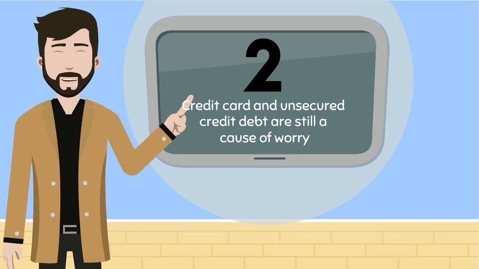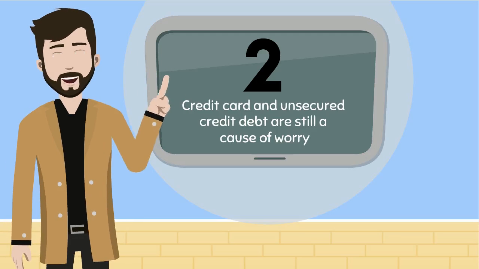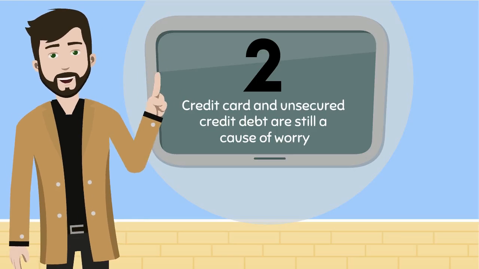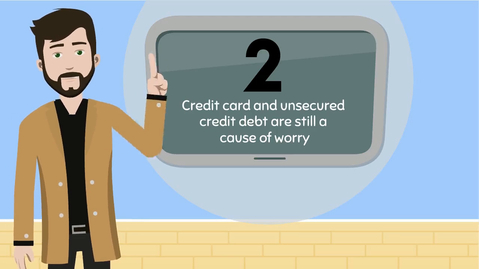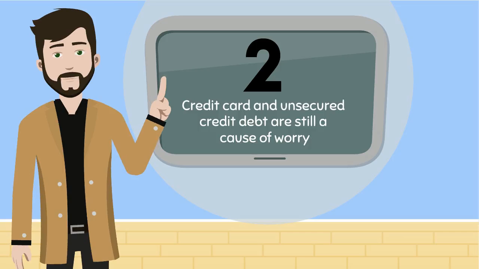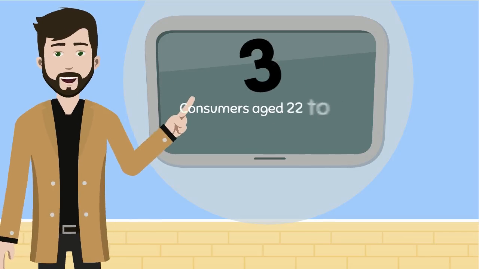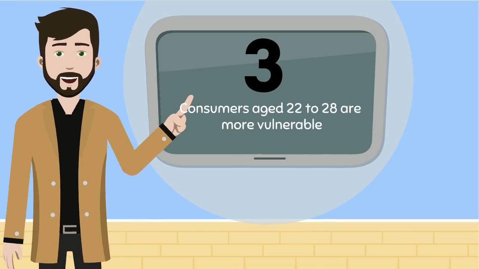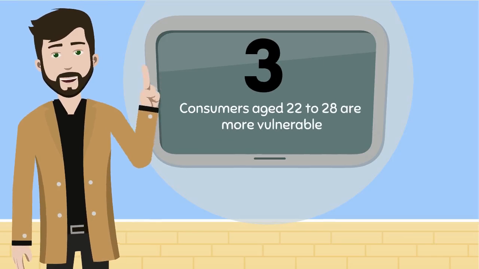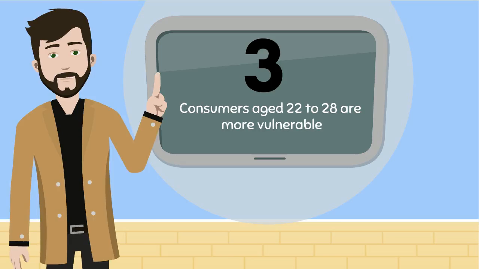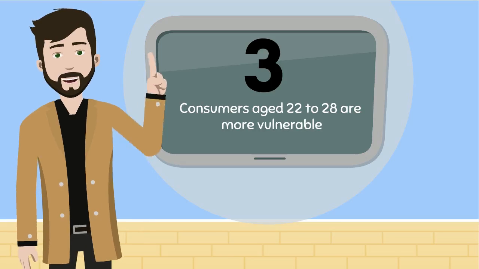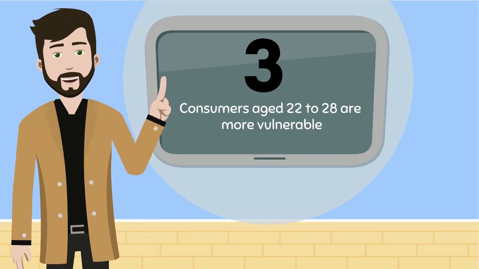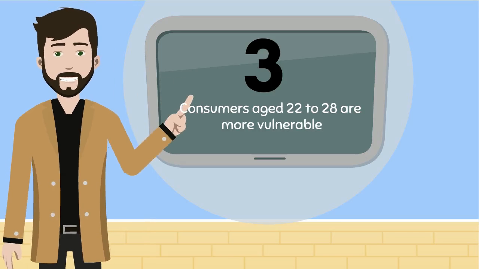This indicates that in 2022, 9 out of 100 Malaysians were 90 days or more past due on repaying their unsecured credit facility. Next, consumers aged 22 to 28 are more vulnerable. Unsecured credit repayments that have fallen to 90 days past due are substantial in this group. This means that 26 out of 100 consumers in this age bracket are having difficulty repaying 90 days after their